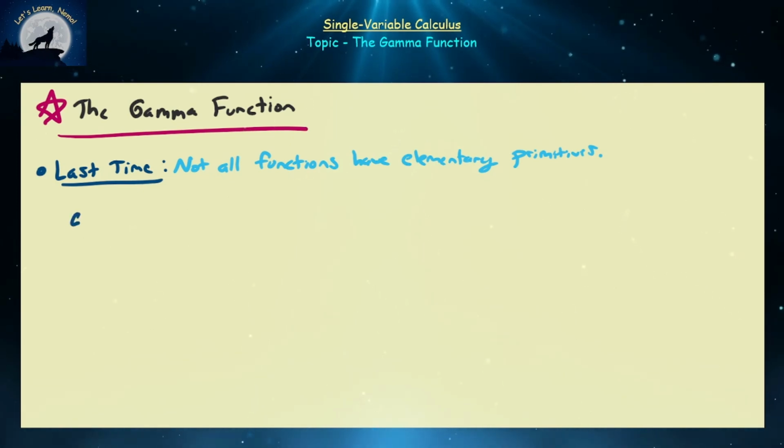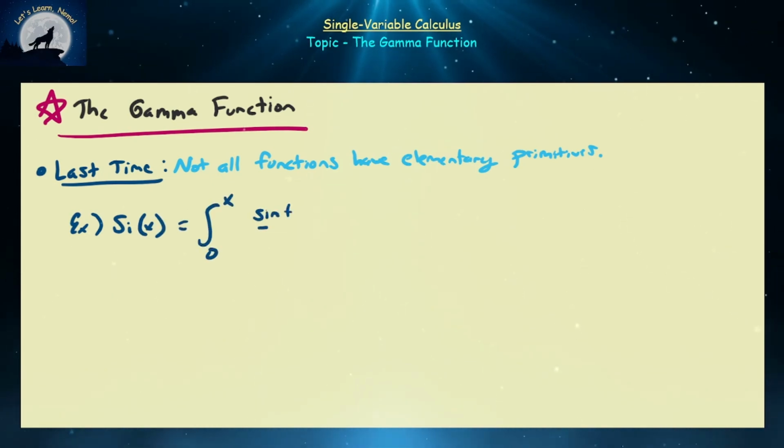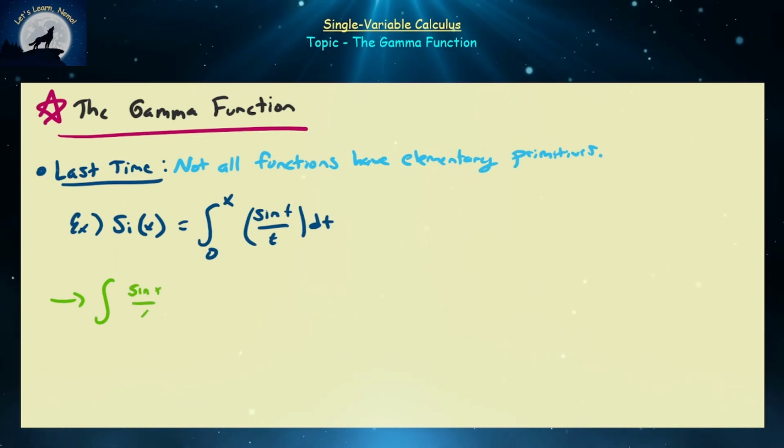A couple examples that we mentioned last time was the sine integral, Si of x, which was defined as the integral from 0 to x of sine of t over t dt. And defining this allowed us to say, what is the integral of sine x over x dx? Now you can confidently answer this question with, that's just the sine integral of x plus some arbitrary constant